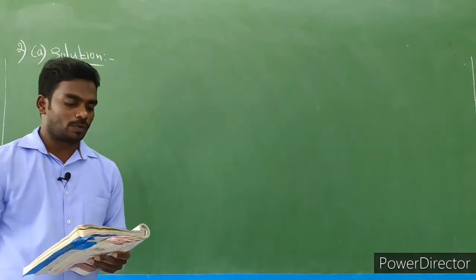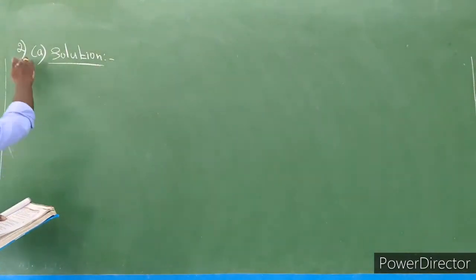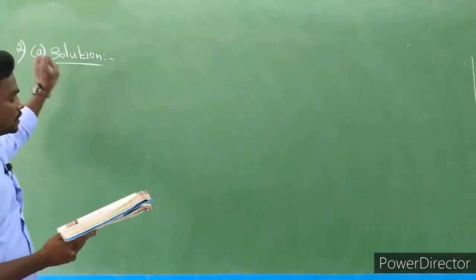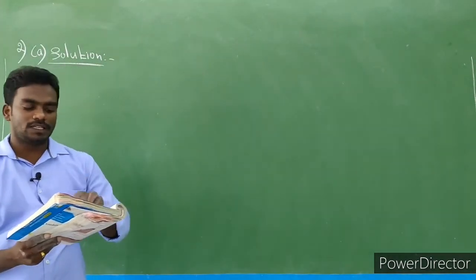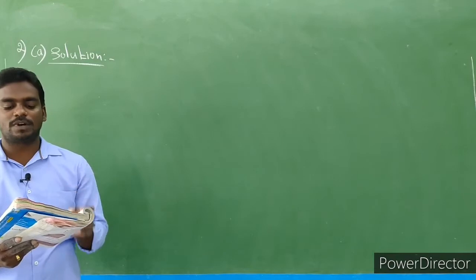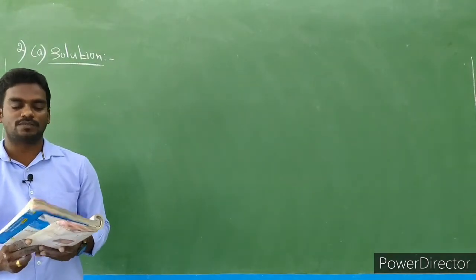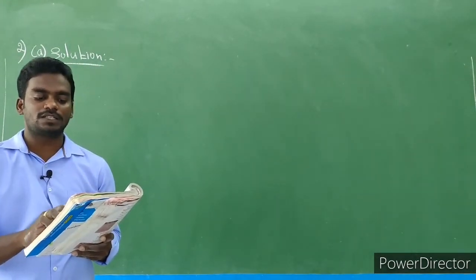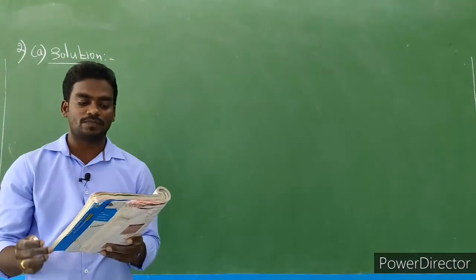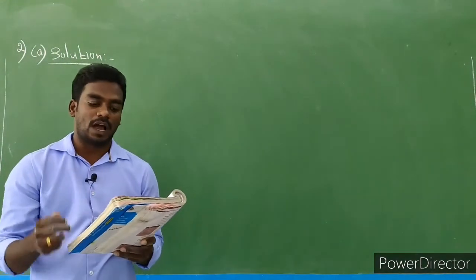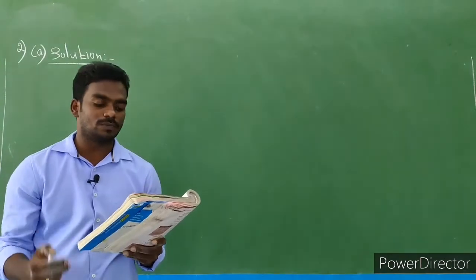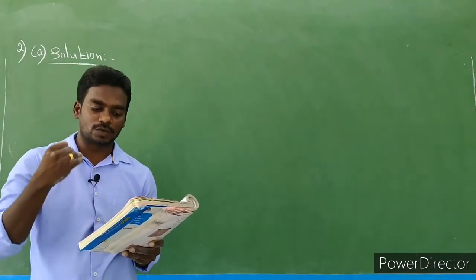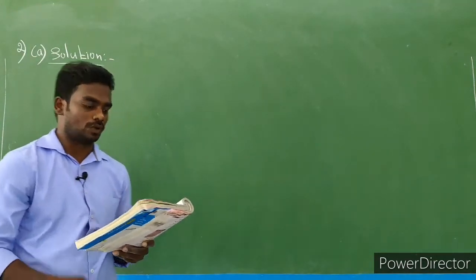Next, our exercise 4.4, second pattern. What is our second pattern? Solve the following. First, the A question. The teacher tells the class that the highest marks obtained by a student in her class is twice the lowest mark plus 7. The highest score is 87. This is also given. So what is the lowest score?